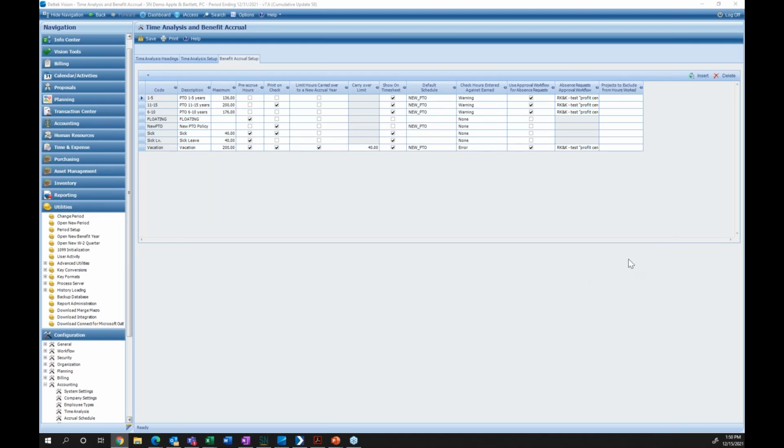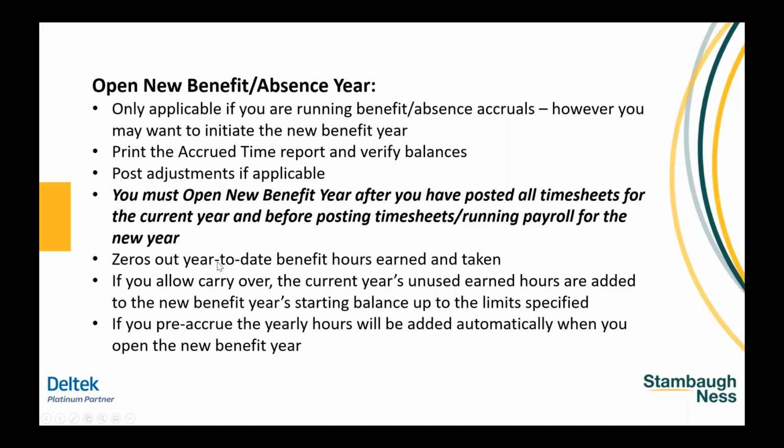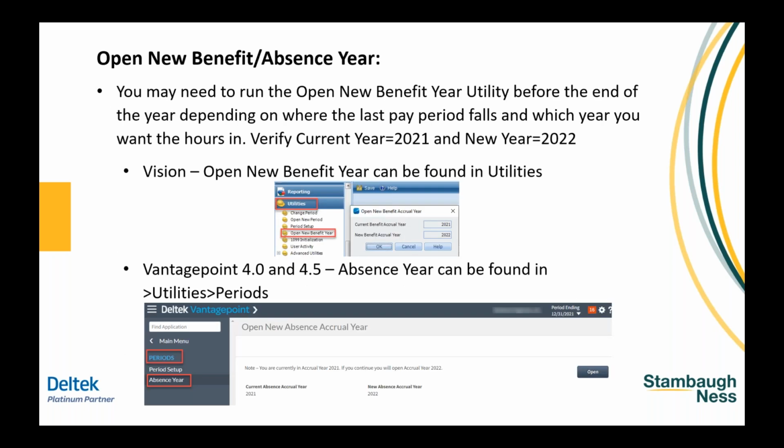Once you complete your benefit year, I recommend just reviewing your reports. And there's always the opportunity to make corrections through your history loading or adjustment function for benefits. So it doesn't have to be exact. We can make some adjustments. Again, if your rules have changed from year to year, now's the time to do it, and we'll make the changes if necessary through the function of making an adjustment. I just have in the handouts some screenshots of where to find these items.